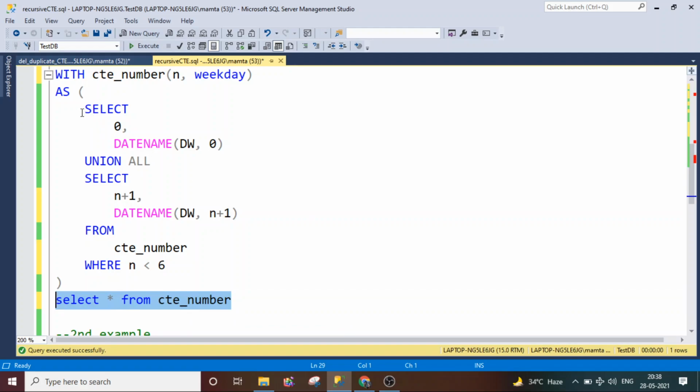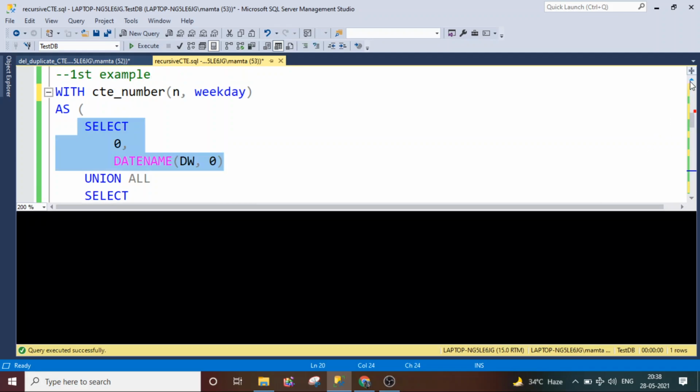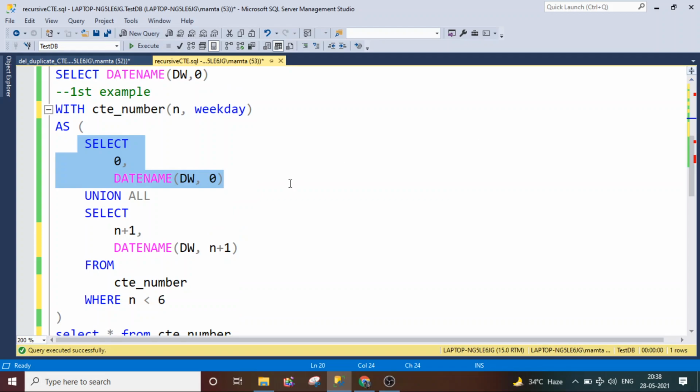So let me do one thing. Let me execute this inner query, only this one, and let me show you what the structure would be, what we are going to expect from this query. In the first column we expect the index, and in the second column we want the days of the week. I hope you understand till now what we are going to do.